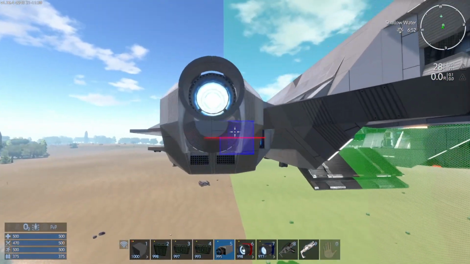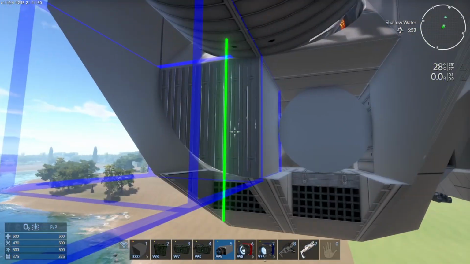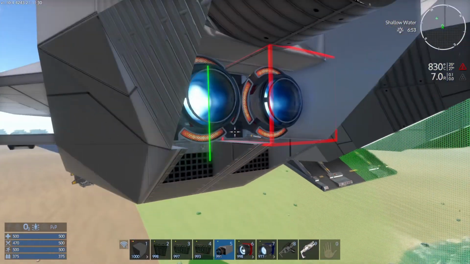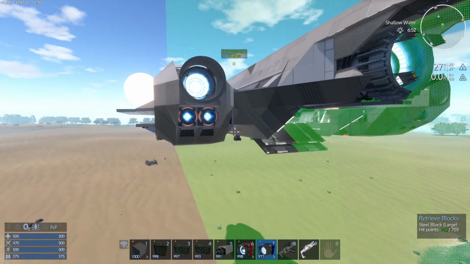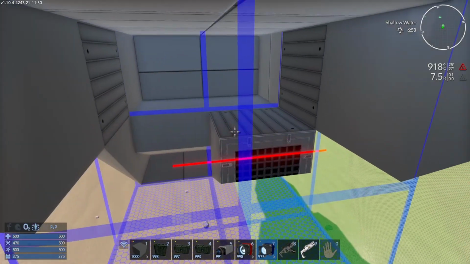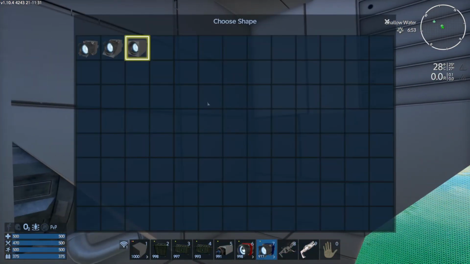Now, same thing here for forward thrust. If we wanted to, we would take these out. Boom. Okay, so now if we're not satisfied with that, maybe we need more thrust for some reason, we could just get rid of this whole block arrangement there. This will give us an additional...